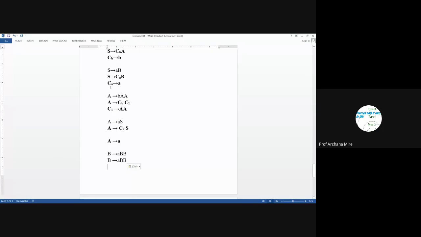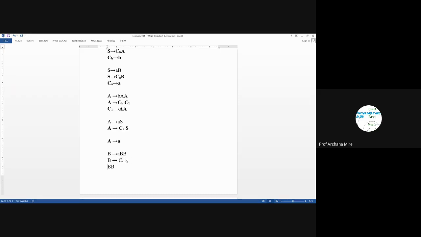Since CA leads to A has already been introduced in the grammar, we don't need to introduce any more new non-terminals. Simply we will be replacing A with CA. Once again, the length of the production is more than 2. It is consisting of more than 2 non-terminals. So we will need to break this production rule so that it will be consisting of exactly 2 non-terminals.